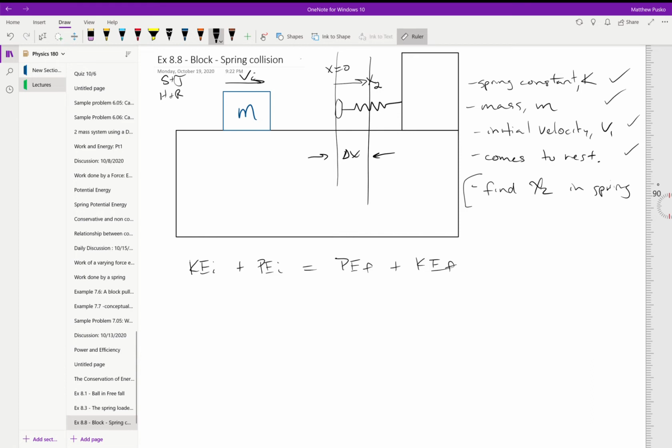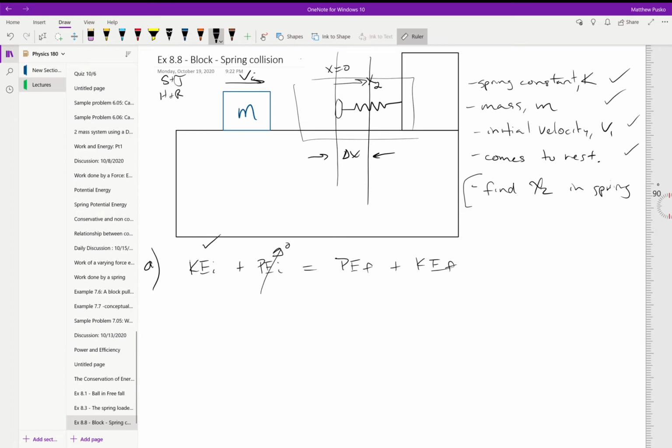Kinetic energy initial, we do have some. It's got some initial velocity. If it has velocity, it has kinetic energy. We don't have any potential. This is unstretched or uncompressed to start with, so there's no spring potential, and we're not moving through any delta y, so there's no gravitational potential. No work is being done in this part, but we're going to do a part B where we're going to add friction. So,